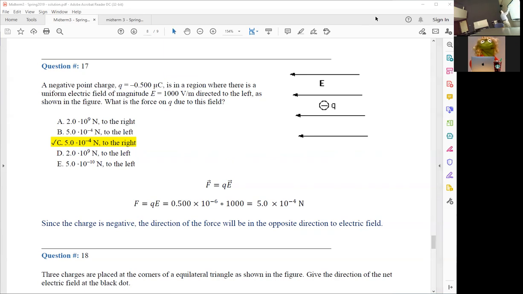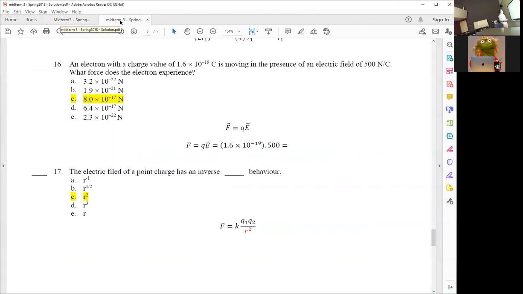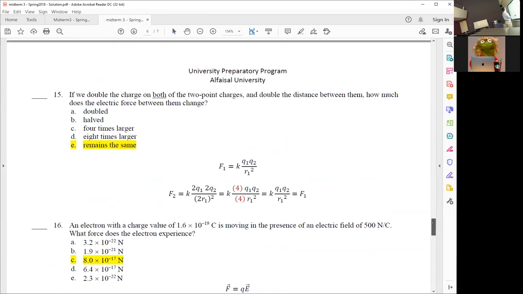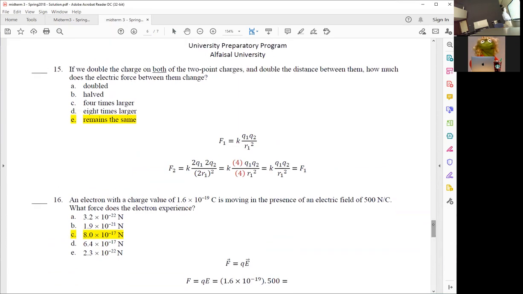Let's go back to midterm 2018. Now we're done with question 16. Question 15 says, if we double the charge on both the two-point charges and double the distance between them, how much does the electric force between them change? Now here, if we're starting